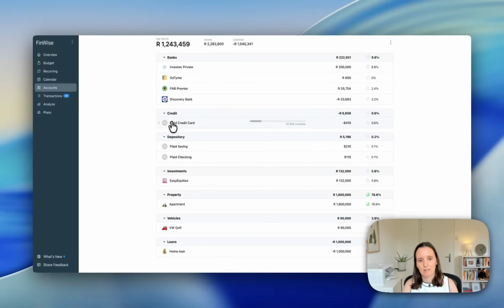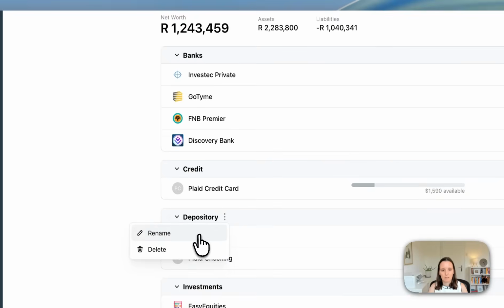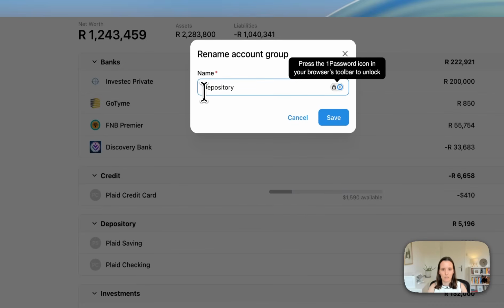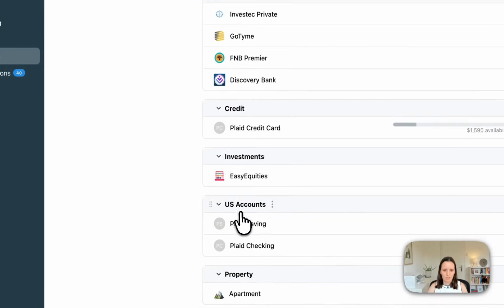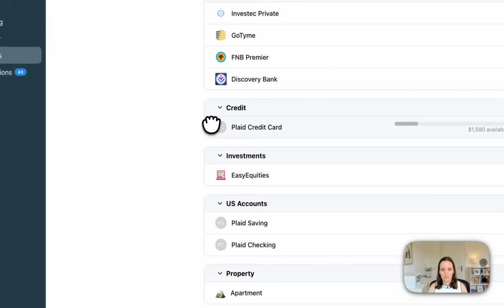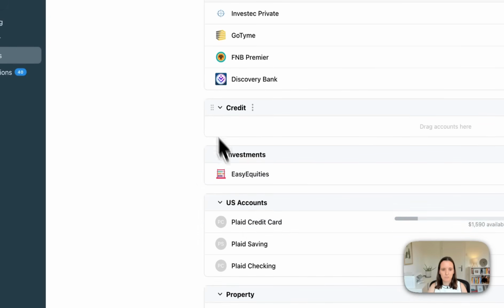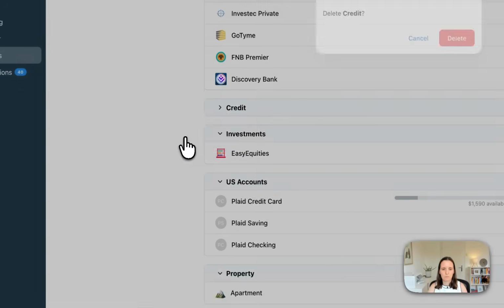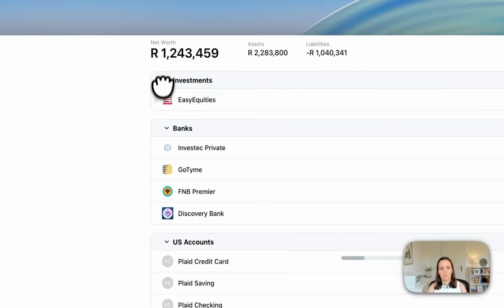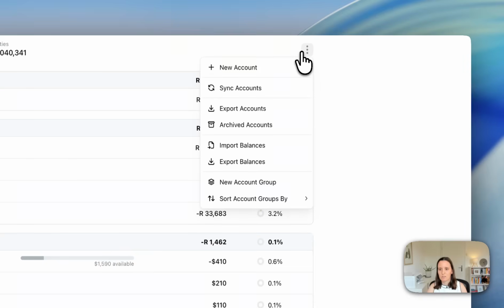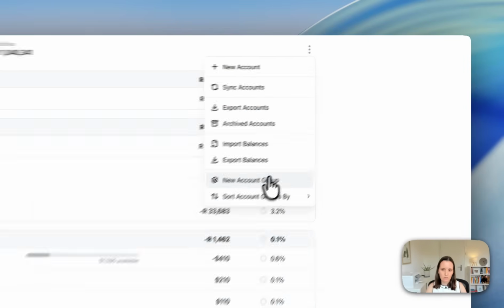So for instance, Plaid here is an American bank. So let's pretend I want to rename this account group to US accounts. So I can do that. I can also then drag different accounts into different groups. I can delete groups. Maybe I want my investments at the top of the page. I can do that. And what we've also done here is you can add a whole new group if you want to,